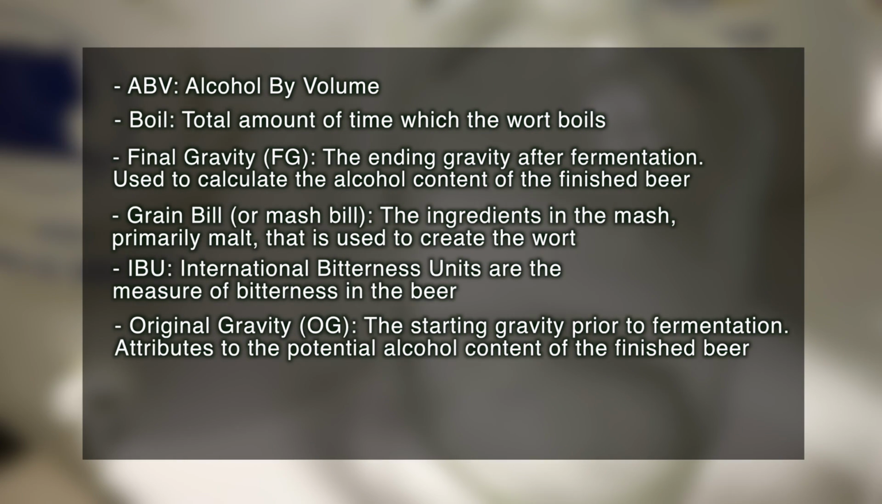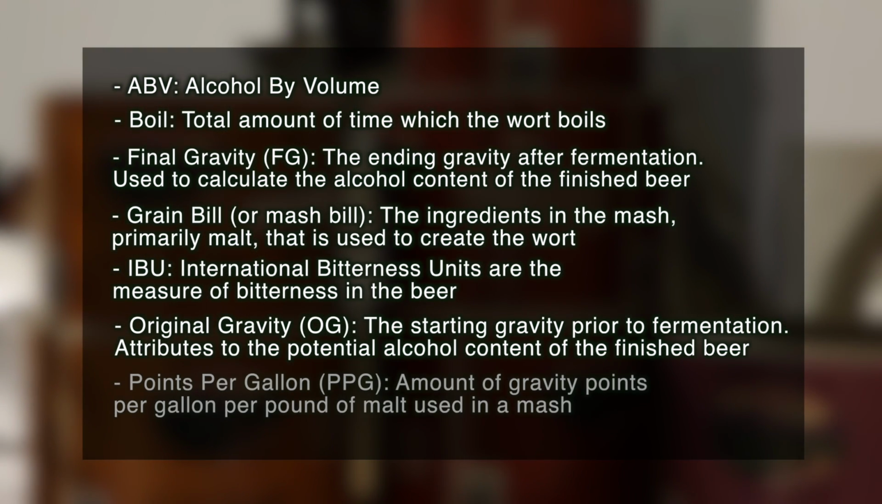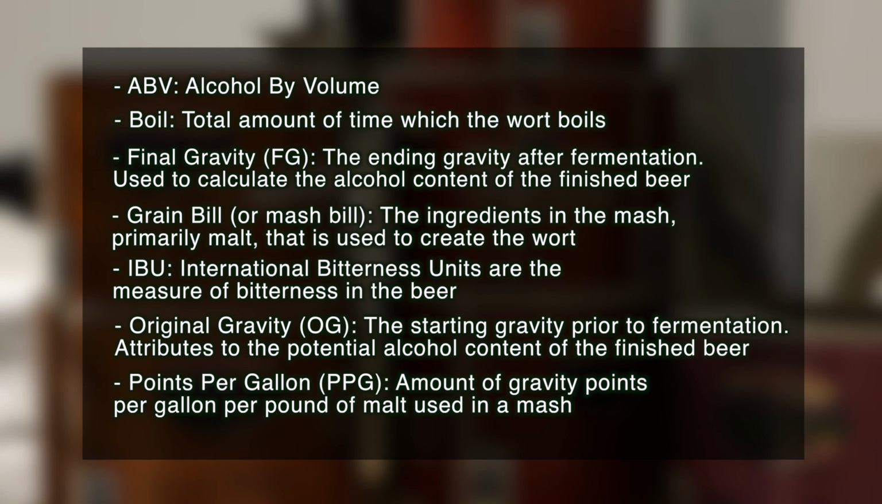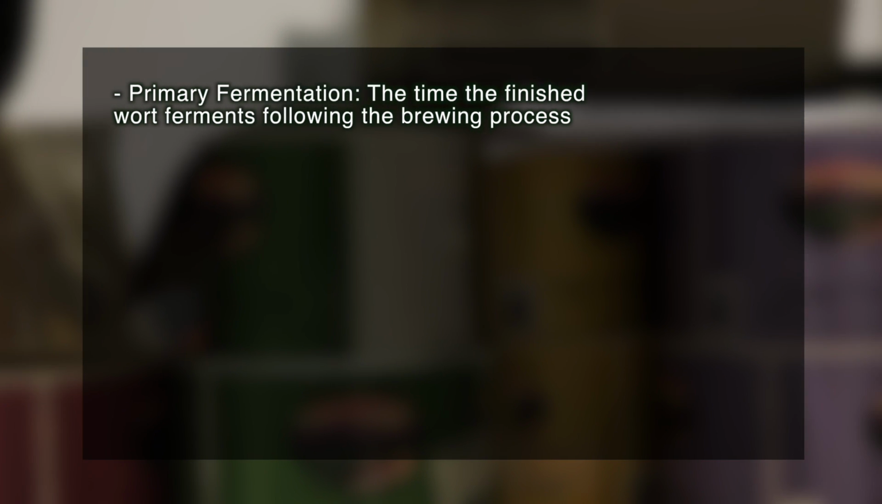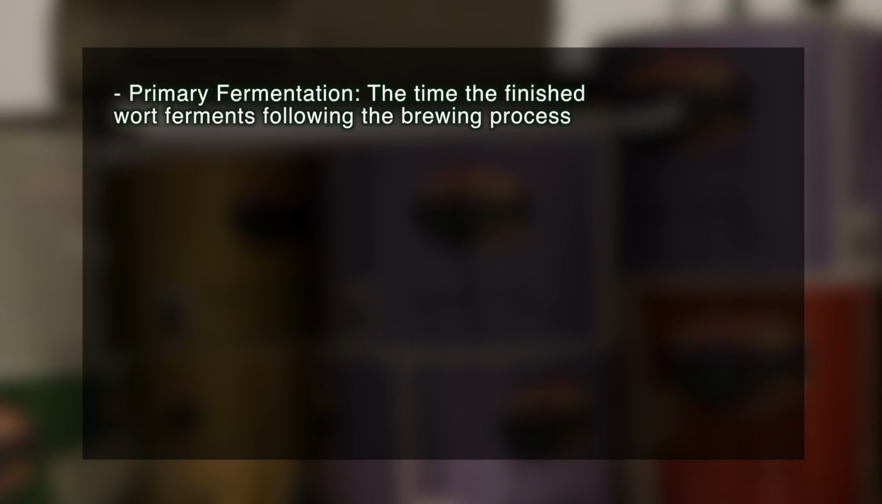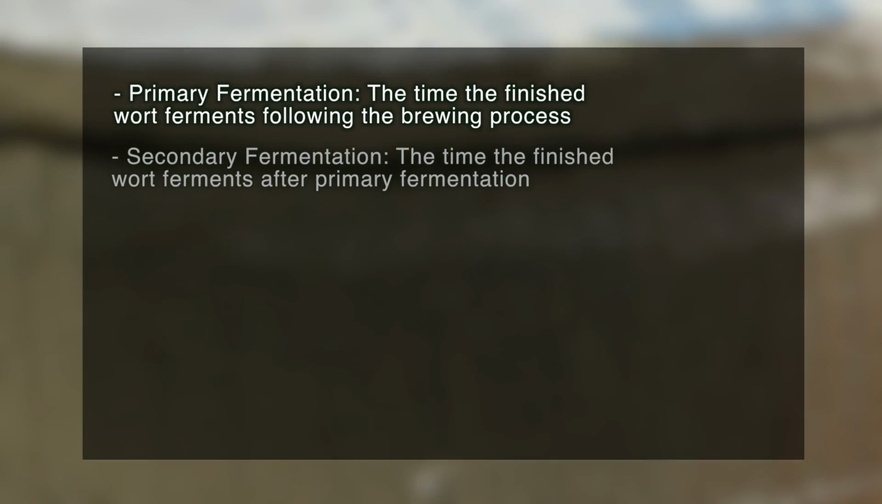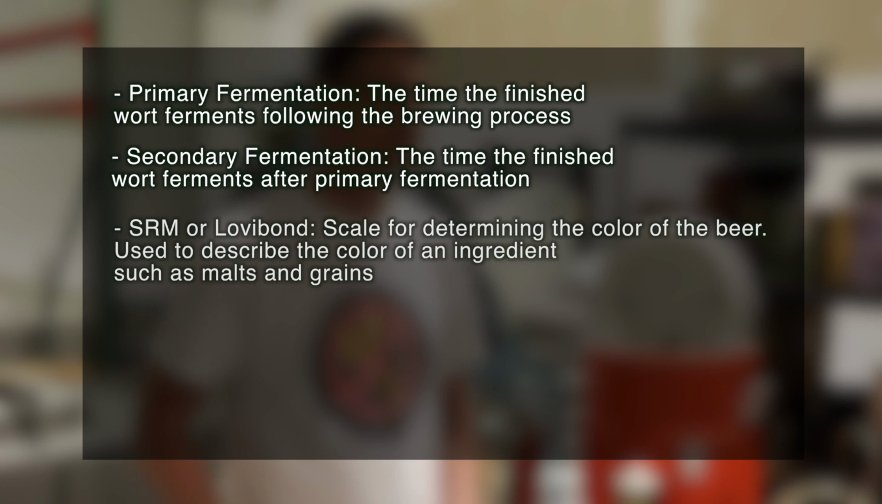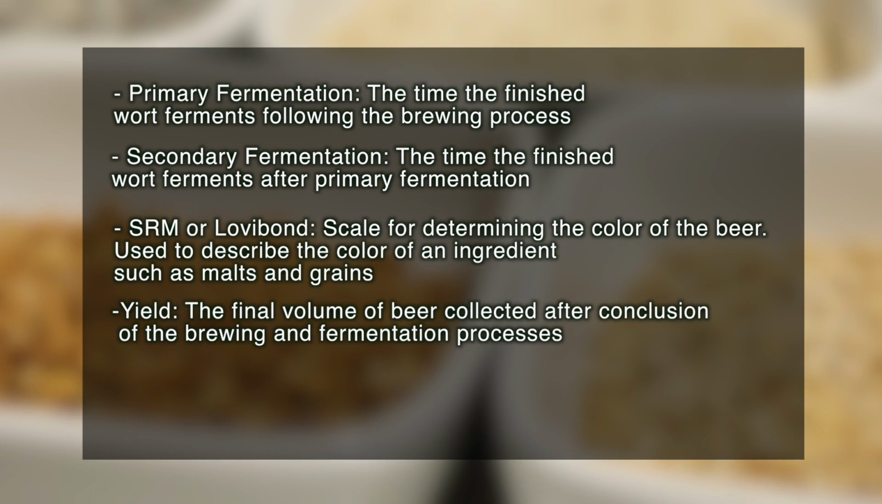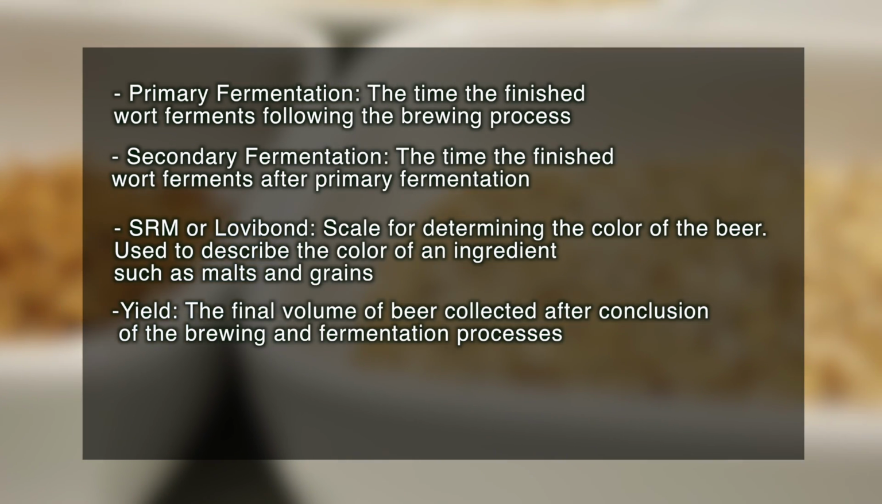the potential alcohol content of the finished beer; points per gallon, which is the amount of gravity points per gallon per pound of malt used in the mash; primary fermentation refers to the time the finished wort ferments following the brewing process; secondary fermentation refers to the time the finished wort ferments after primary fermentation; SRM, or Lovibond, scale for determining the color of the beer; yield, the final volume of beer collected after conclusion of the brewing and fermentation